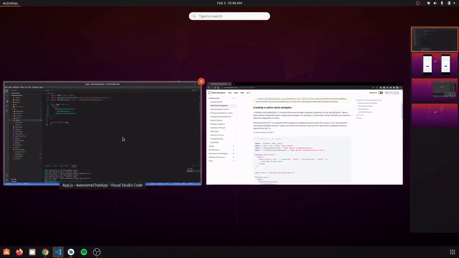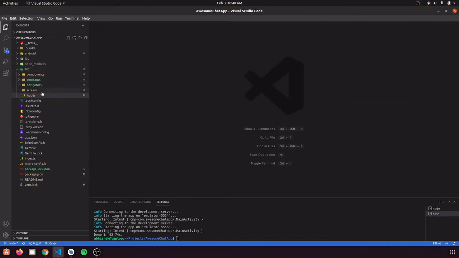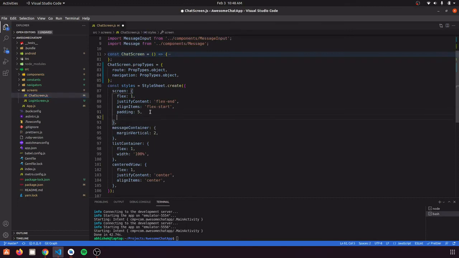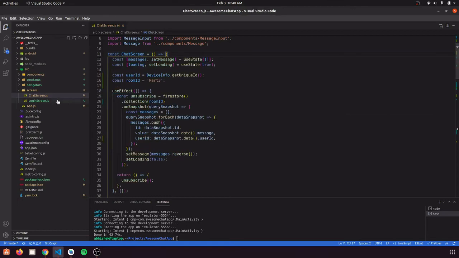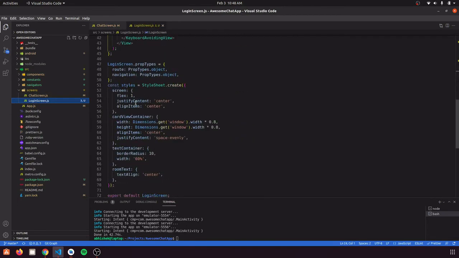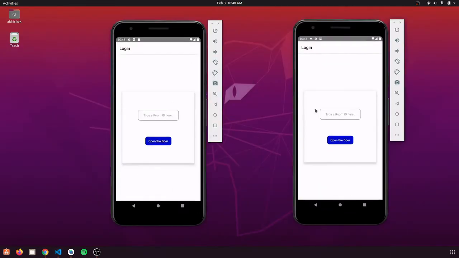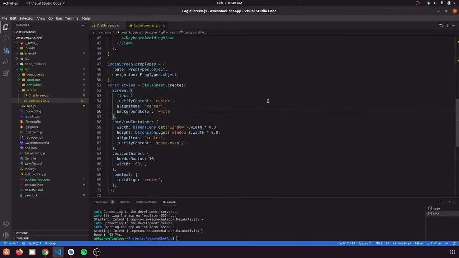So let's just go to our files and go to our screens, and in the screen property, let's just define a background color here, which is white, and let's save this and go to login screen and define a background color here also. Let's just save this. So now when you see this, the background color would be white.